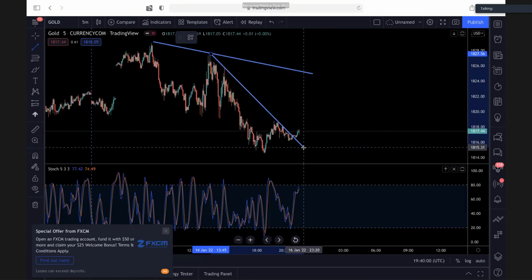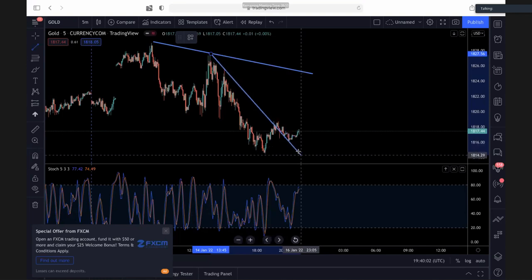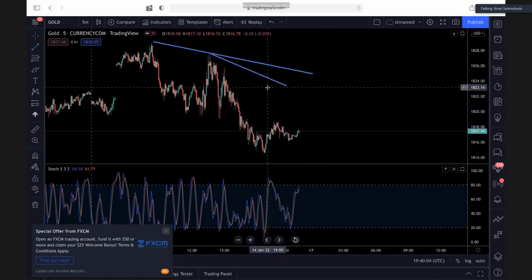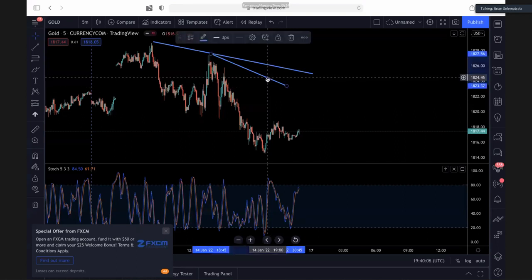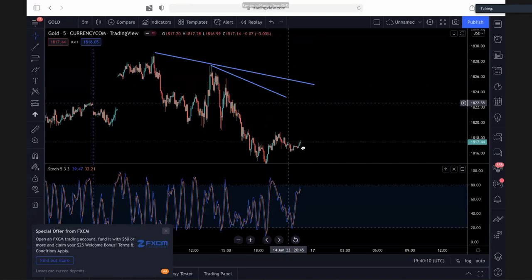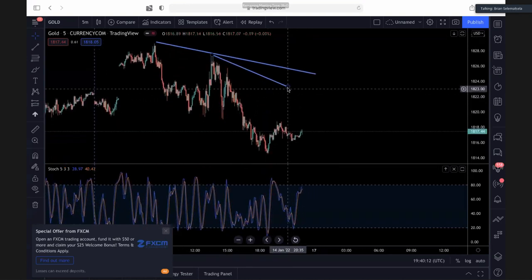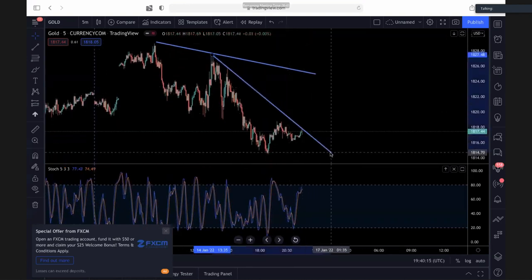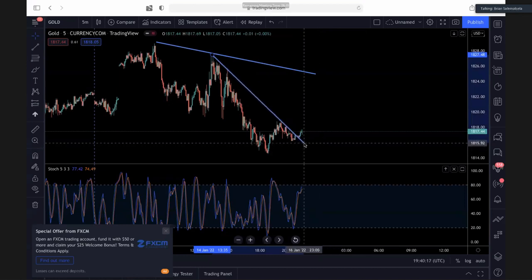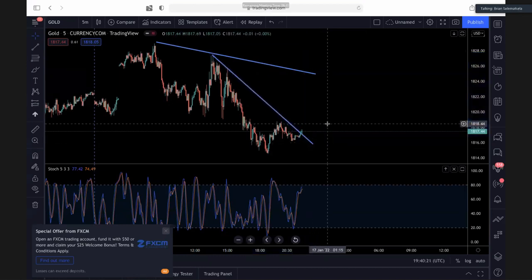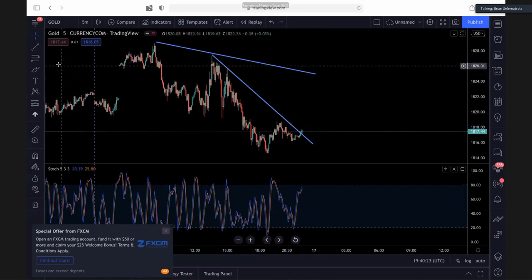Let me see. Drawing. Okay. So on this line, the first layer has already been broken. Has it? Yeah, it has. So